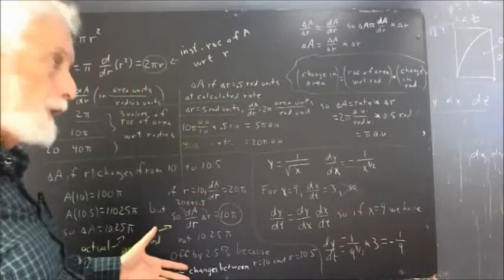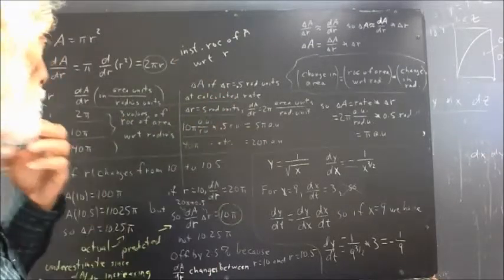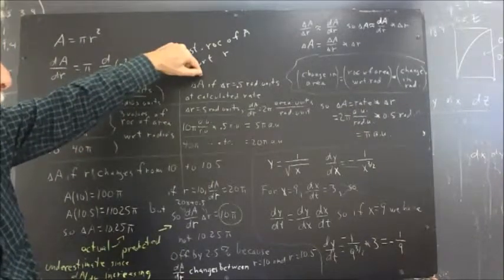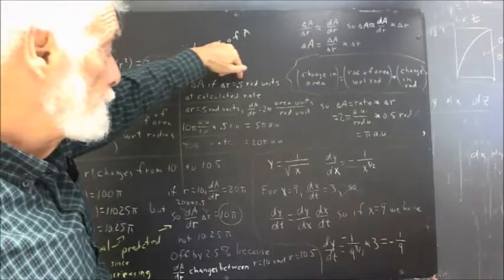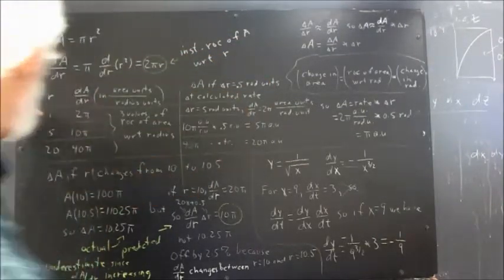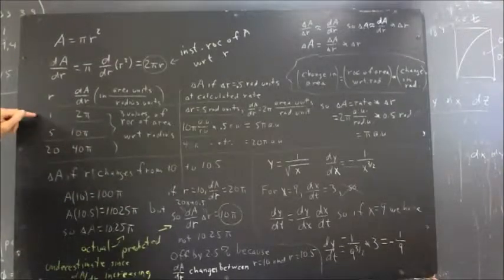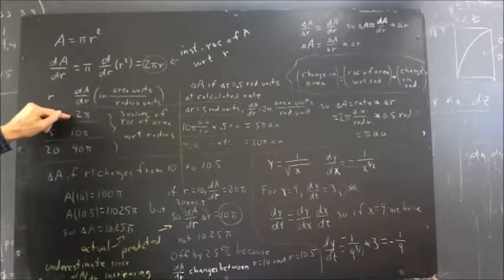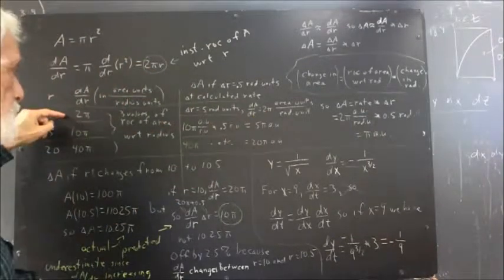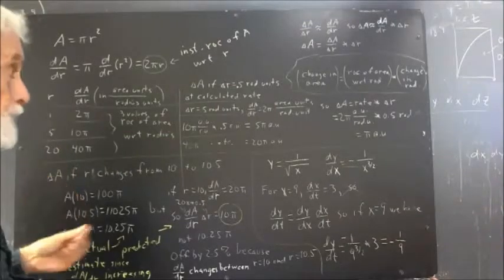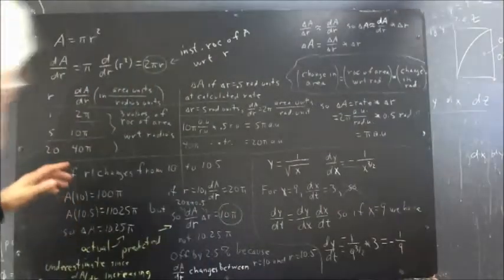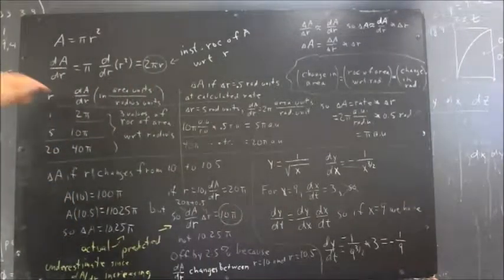Now, actually, before you were asked to do this, you were asked to fill in another line on the table, which would be the change in area if delta R equals 0.5 radius units at the calculated rate for each of these radii. So the calculated rate here is 2 pi. If we multiply 2 pi, and this calculated rate is in area units per radius unit. Okay, so this means as R changes,